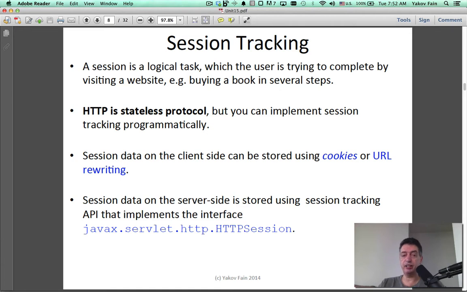Session tracking. What is this about? If somebody asks you to name the most important characteristics of the HTTP protocol, one of the most important, I would say, is that HTTP is a stateless protocol. Stateless meaning that it does not remember the state of the request. If you have a web page, you press the submit button and you want to find something on the server, your browser creates an HTTP request, sends it to the server, the result comes back and the browser does not remember